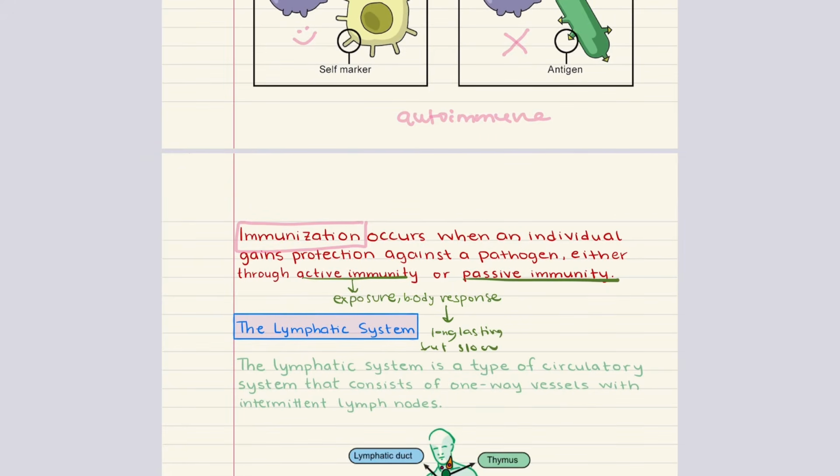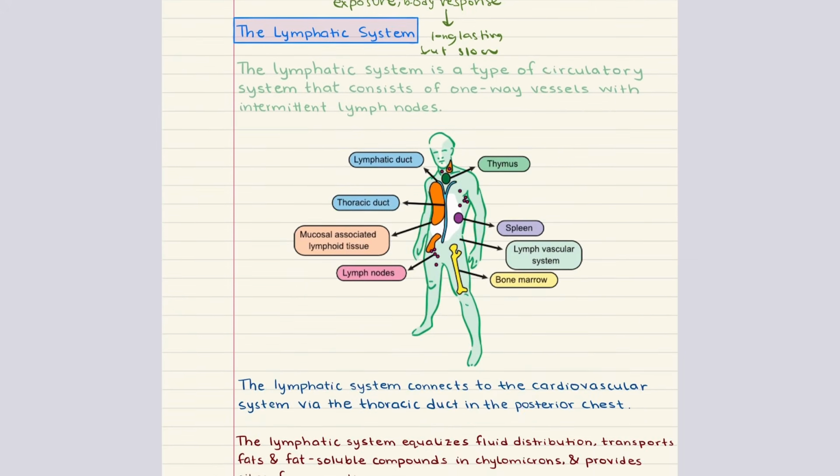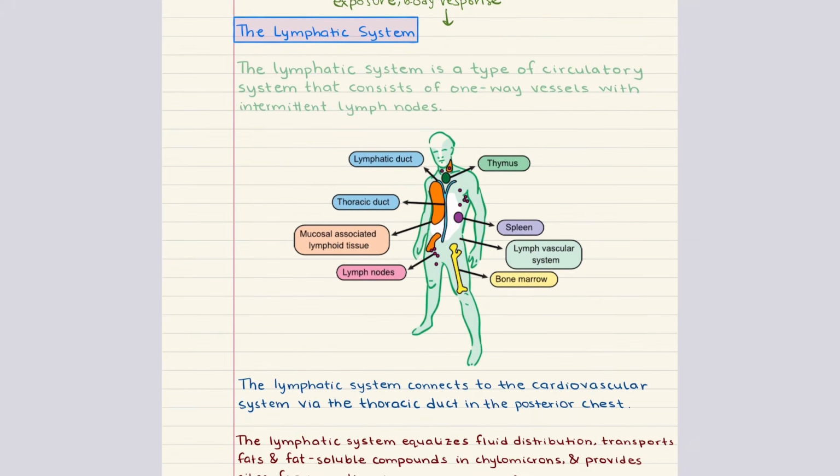Now, passive immunity involves the direct transfer of antibodies to an individual, such as maternal antibodies that cross the placenta or antibodies given in an injection. Passive immunity provides immediate protection, but it is temporary because the body does not produce its own memory cells in this case. So please be able to distinguish between active versus passive immunity. And with that, we have completed our third objective, and now we can move into our final objective on the